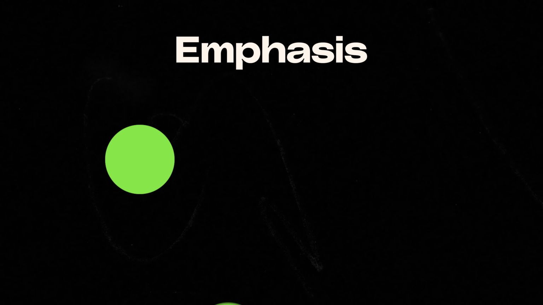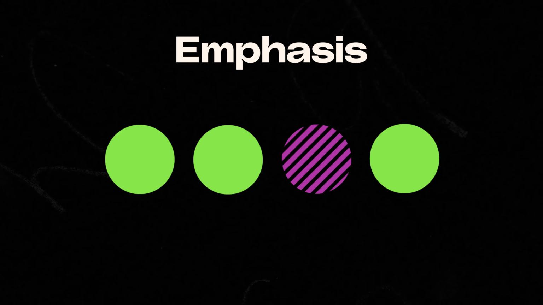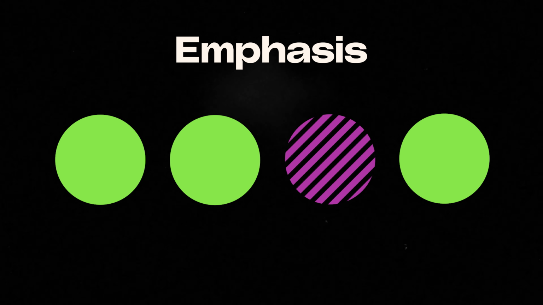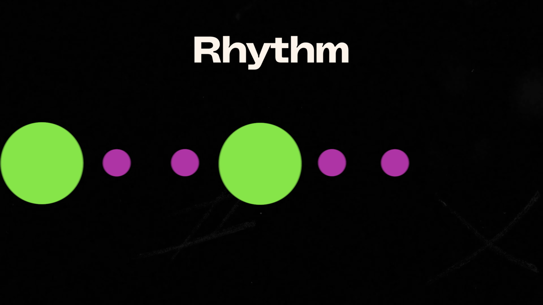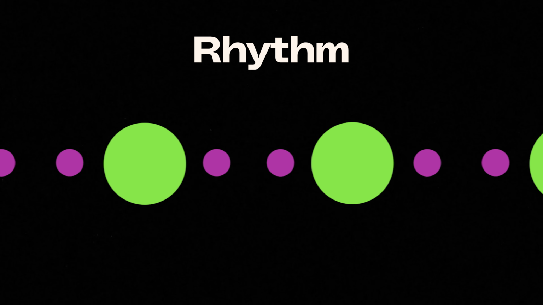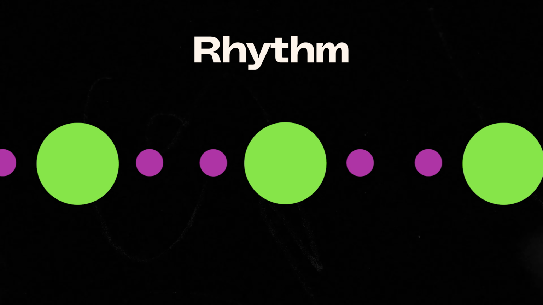Emphasis highlights the most important elements of the logo, guiding the viewer's attention to the focal point, and this helps in conveying the brand's message clearly and effectively. Rhythm can create a sense of movement and flow within a logo, leading the viewer's eye across the design in a deliberate way. Rhythm can also add a dynamic quality and ensures that the logo is engaging. Contrast differentiates elements through variations in color, size, shape, or type, making the logo visually interesting and ensuring that it